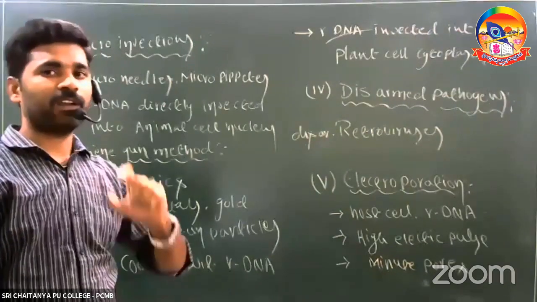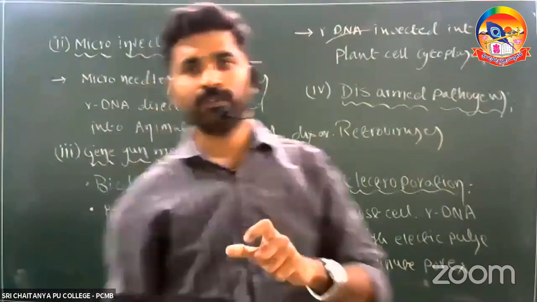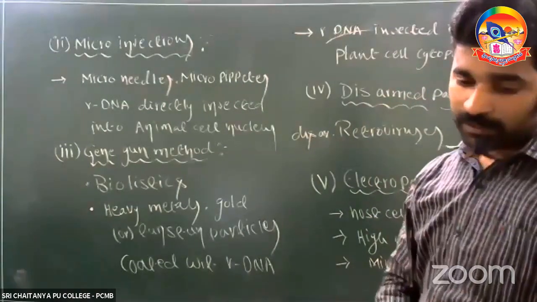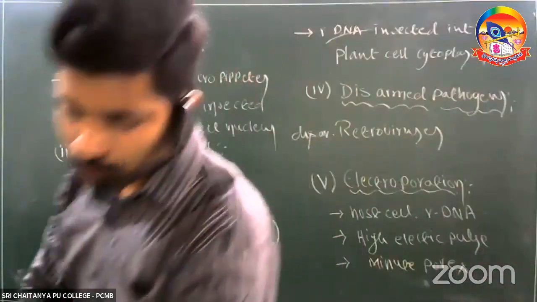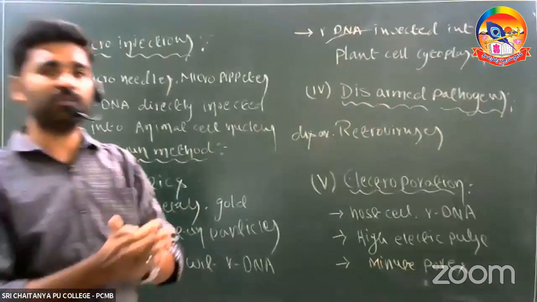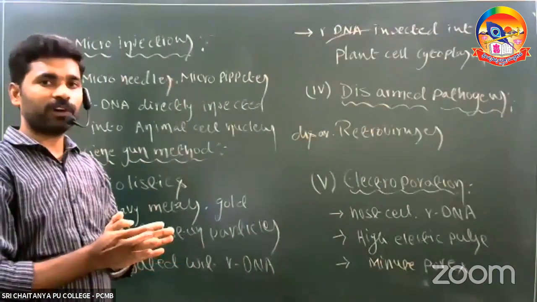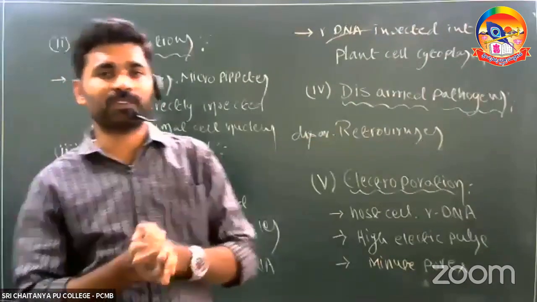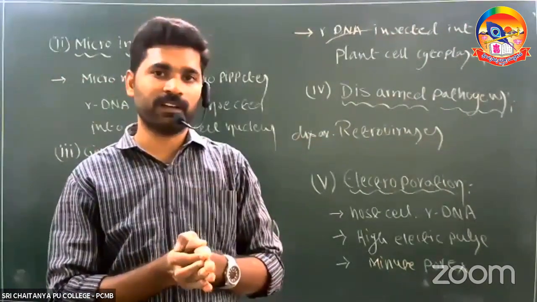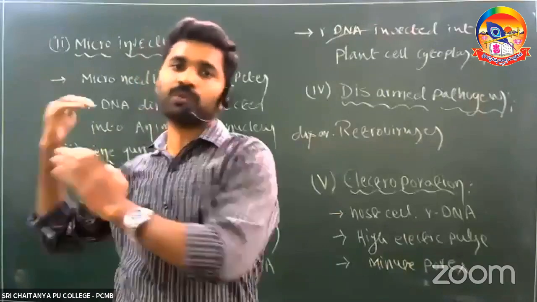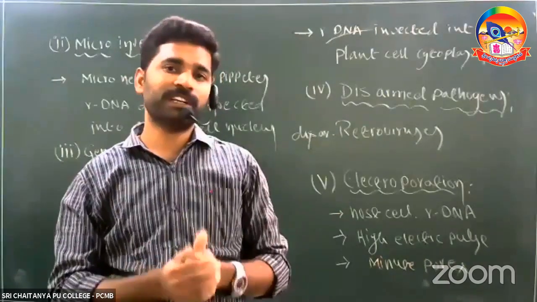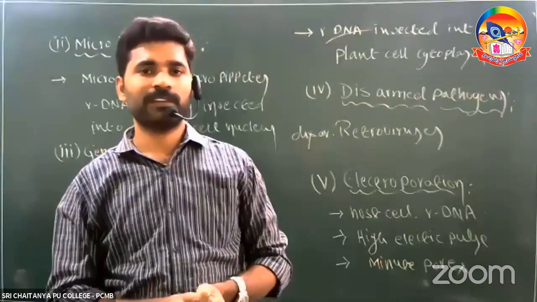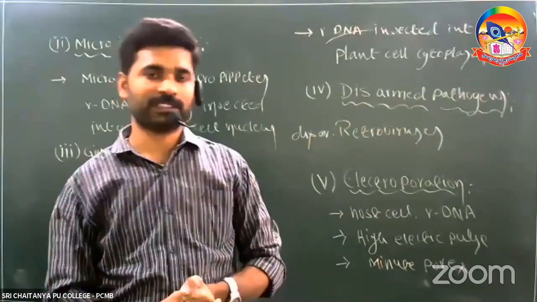Right? So the last important vector in rDNA technology is competent hosts. Up to here, we completed the total tools of rDNA technology. In the next class, we'll see the actual process of rDNA technology, and by using these tools, how we will create a genetically modified plant or genetically modified animal. We'll see it one by one, step by step, in the next class, right?